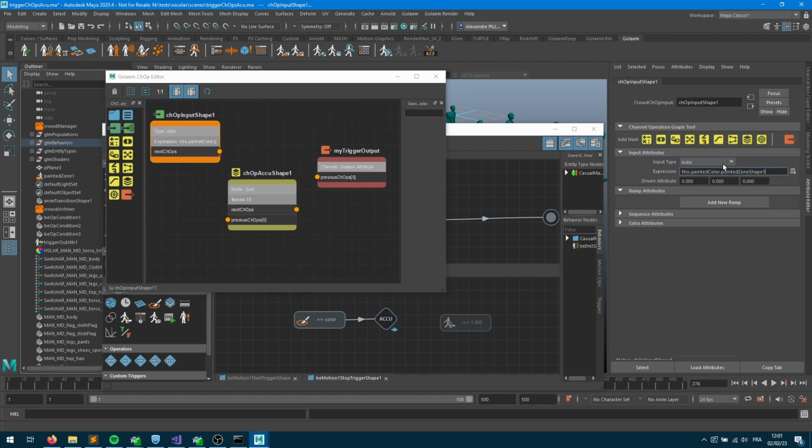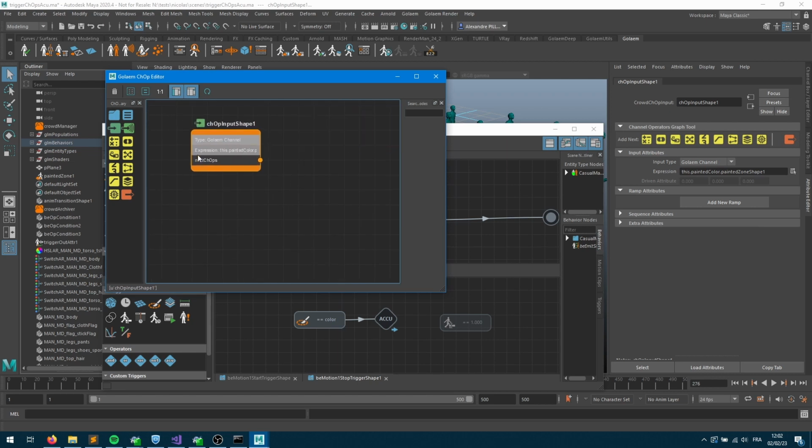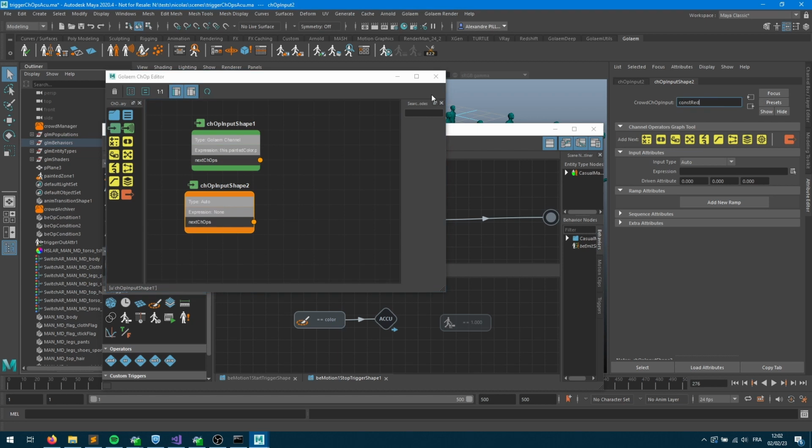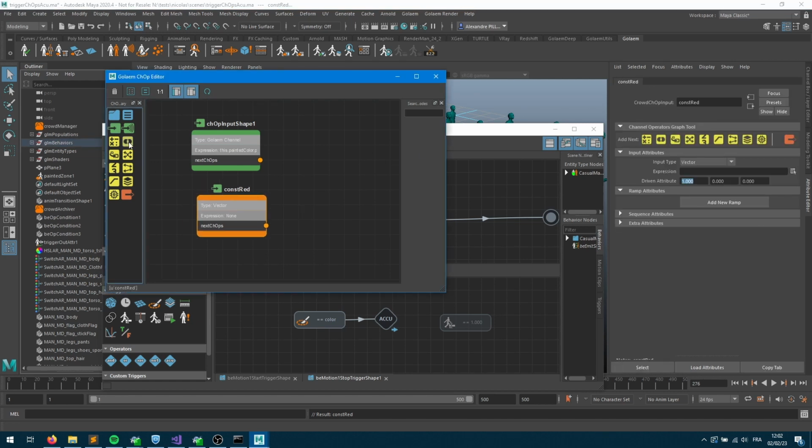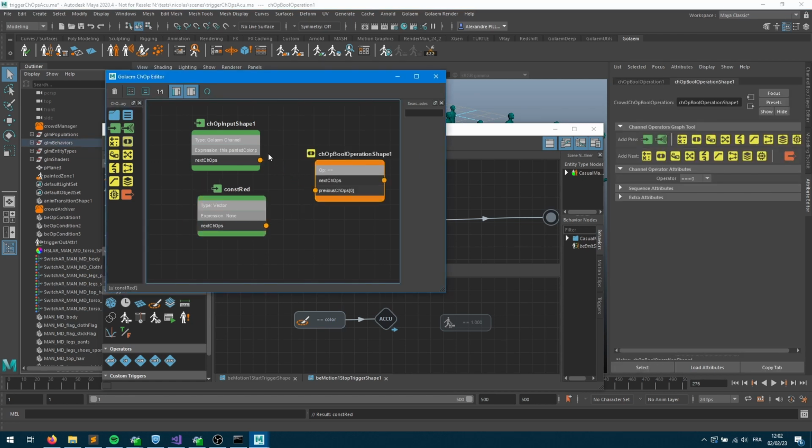Let's specify that it's a channel. I want to compare it with red, which is the same thing I've been doing. So this is going to be const red, and the value is going to be a vector: red, green, blue. Here I'm comparing this to a red, so I want to make a comparison. I just use the equal